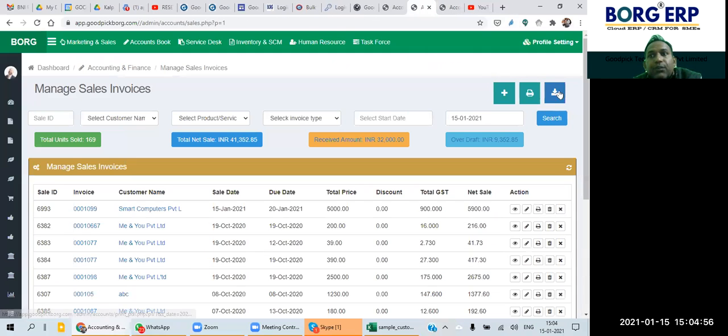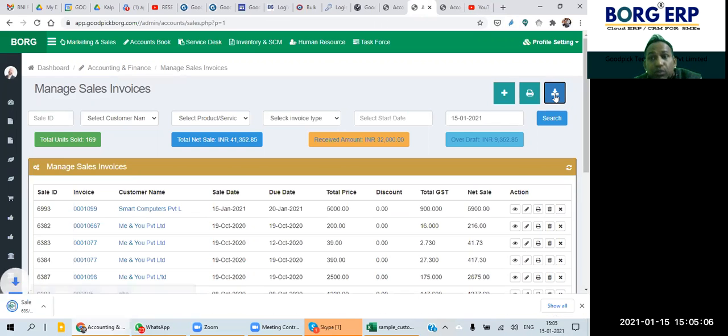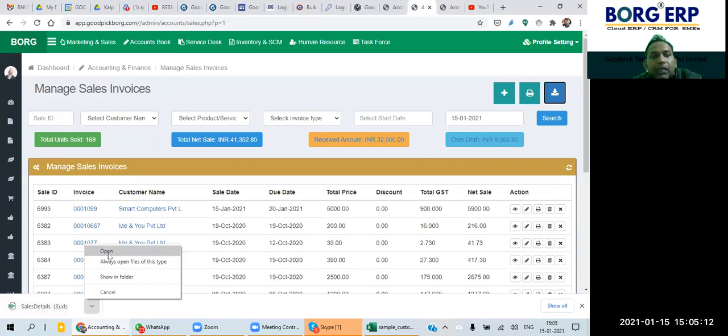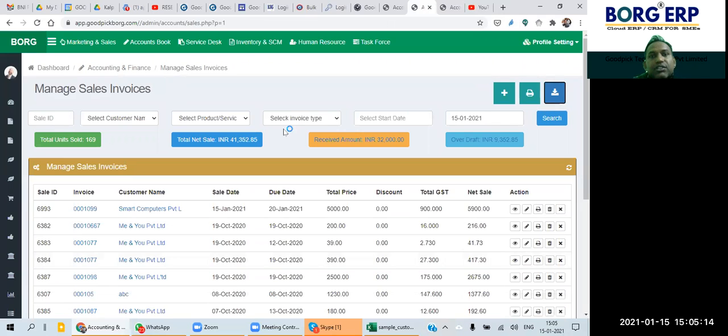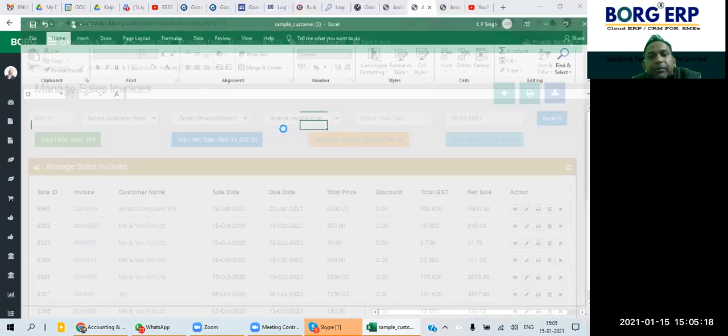And another thing is that we have applied the printout also, because some people are filing GST returns and all, they want some detail from the ERP, so they can download the details. So you can see this CSV button is there, and the CSV details are downloaded. So let me open this.